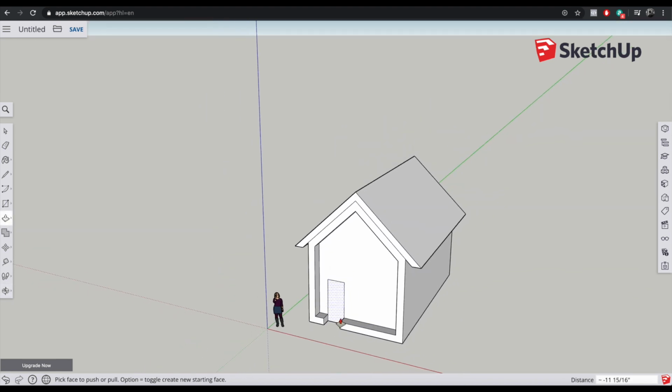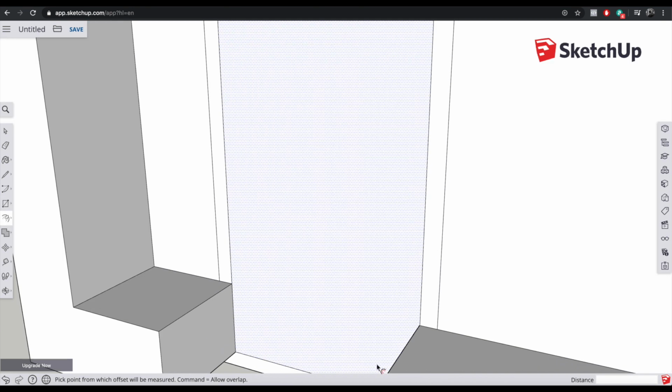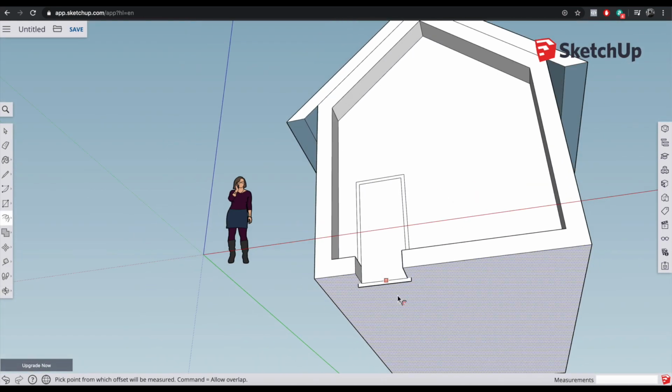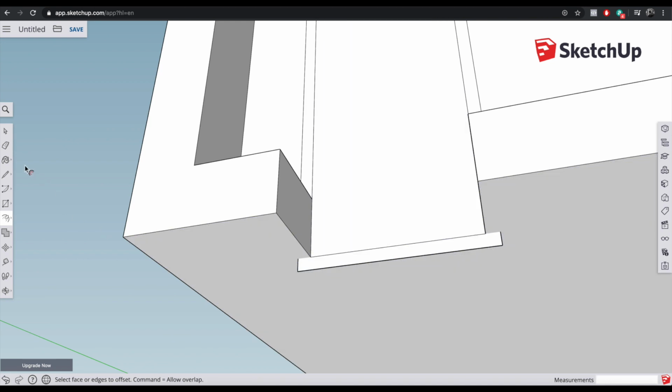And I really like how that line wraps all the way around the house and it's just broken up for the doorway. The door still feels a little bit flat, so again we can go in and use our offset tool over here, and I might put a bit of a door frame around the outside. What you will note is it puts it all the way around that rectangle, so I've got these little bits at the bottom I don't want below the surface of the house. So this is where it's useful to come underneath